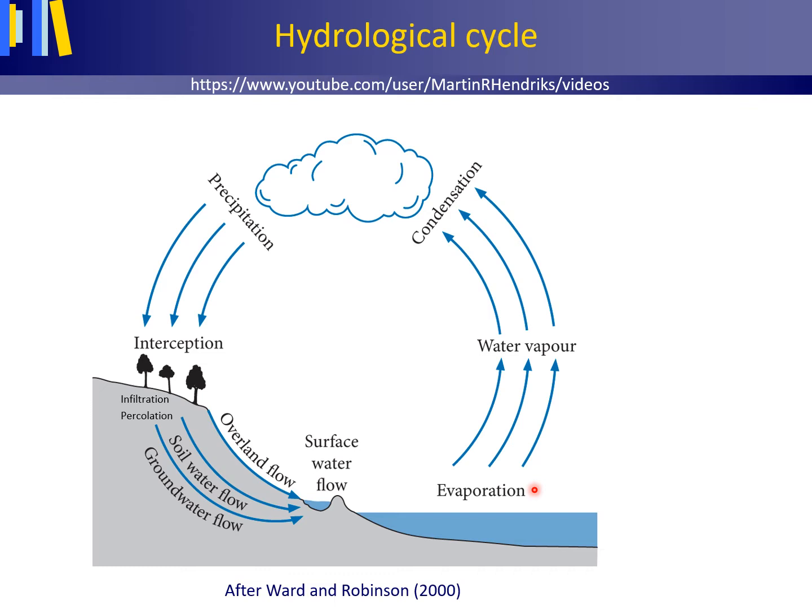At a certain height, the air will become fully saturated with water vapor. Why is this? This is because cold air can contain less water vapor molecules than warm air. Because the air is rising and cooling, at a certain height it will become fully saturated with water vapor. Then, if the temperature drops further, water vapor will start to condensate.